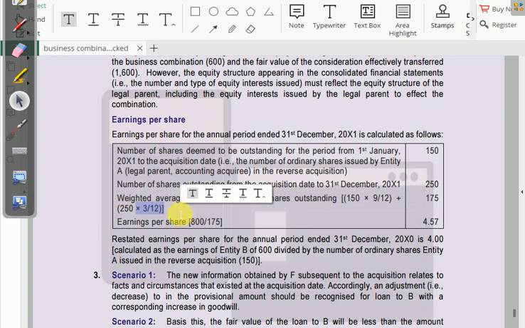जो उसको टोटल वेटेड एवरेज नंबर ऑफ शेयर्स हो गया 175 और अर्निंग है 800। तो 800 डिवाइडेड बाय 175, 4.5। Restated earnings per share for the annual period 31st December is 4. Calculated as the earnings of entity B of 600 divided by the number of ordinary shares entity A issued in the reverse acquisition, 150। ठीक है।